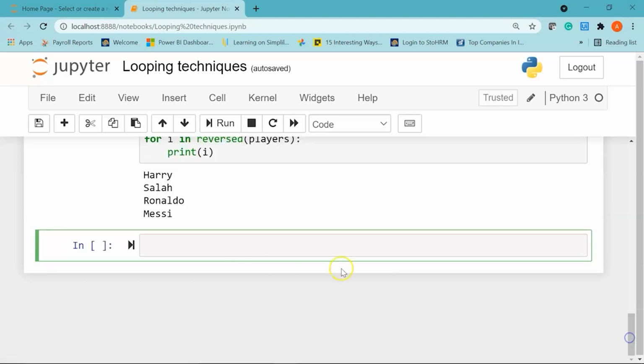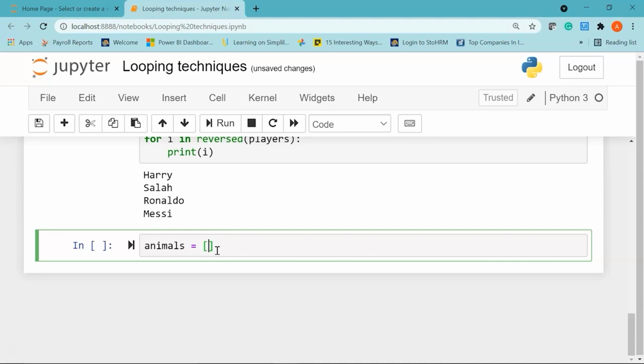Now moving ahead, we'll see how to use the filter function in a loop and filter specific elements in a list based on some conditions. To give the condition, we'll be using an anonymous function in Python that is often called the lambda function. To do this, I'm going to create a list called animals.